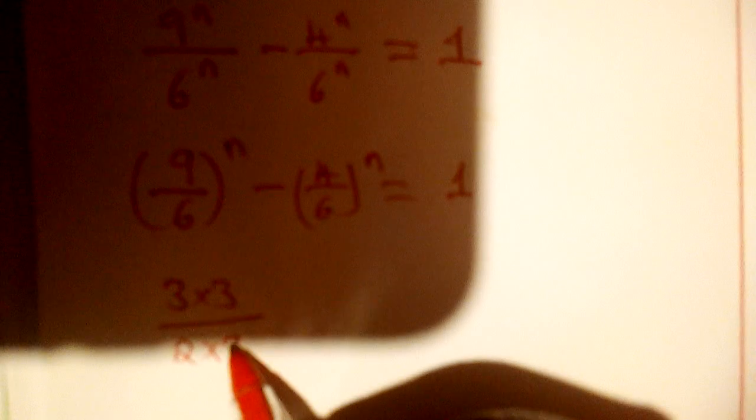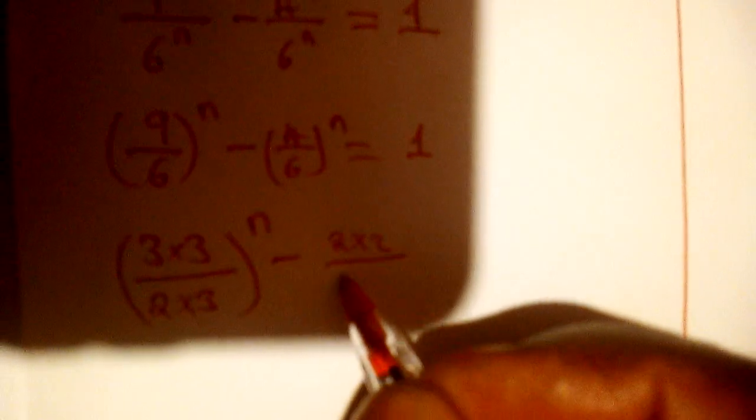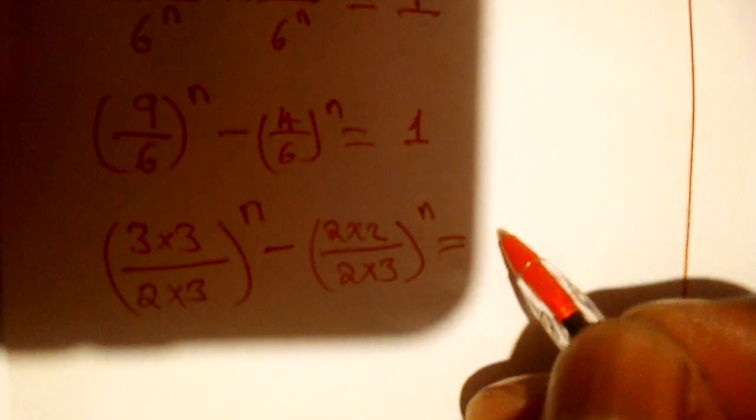From there, you can simplify what is inside the parentheses. What you have is 9/6. So 9/6 can be broken down as follows. This 9 can be rewritten as 3 by 3. This 6 can be written as 2 by 3. Then everything raised to the n power, minus this 4 can be written as 2 by 2, and this 6 can be written as 2 by 3, then everything raised to the n power, and then this will equal